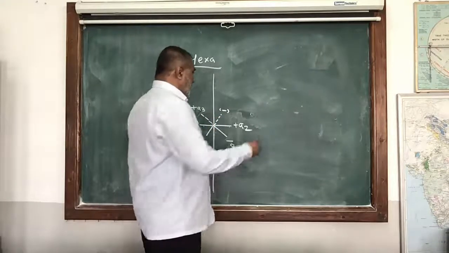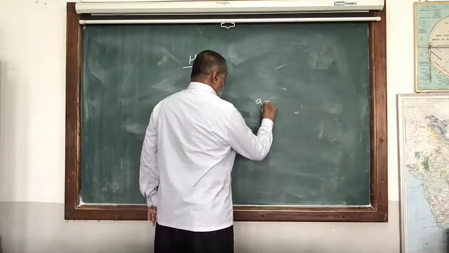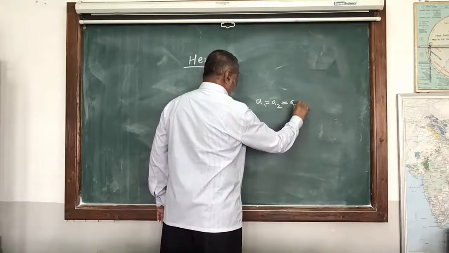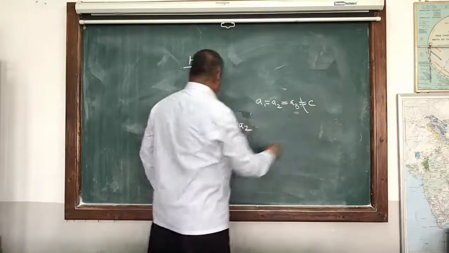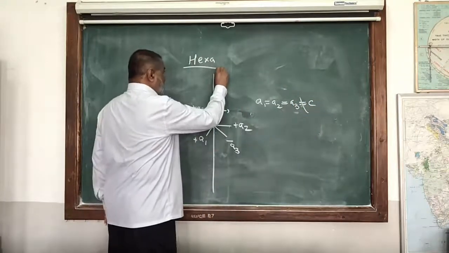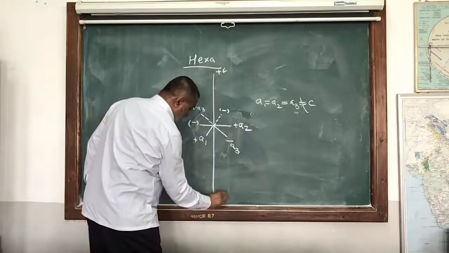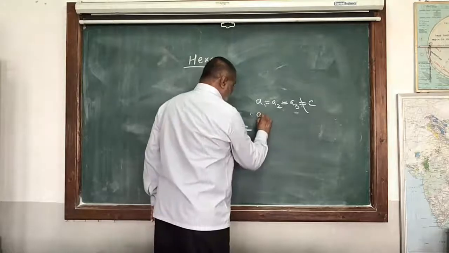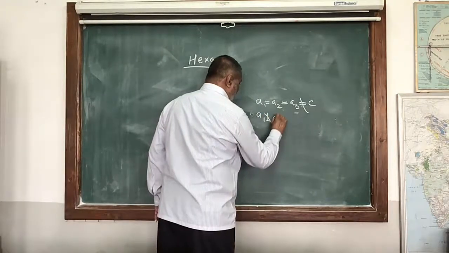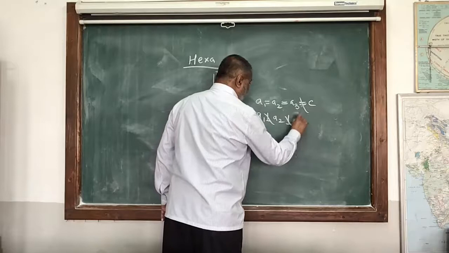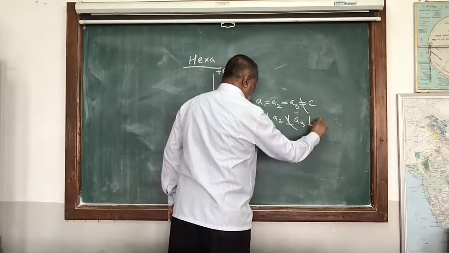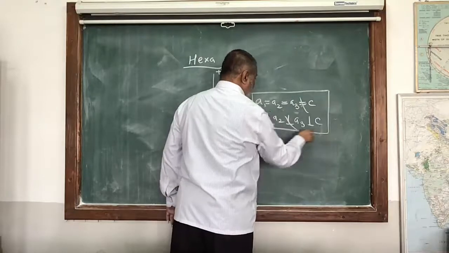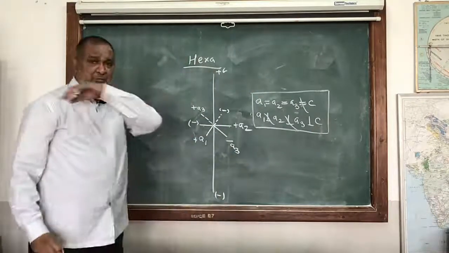Now what is the relation in this? A1 is equal to A2, A2 is equal to A3, but they are not equal to C. C is the longest one. C positive is here and bottom is on the negative side. Now what is happening here? A1, A2, A3 are not perpendicular to each other, but all are perpendicular to C. This is a very, very important relation. You have to remember it.